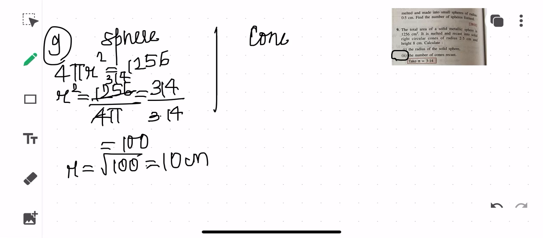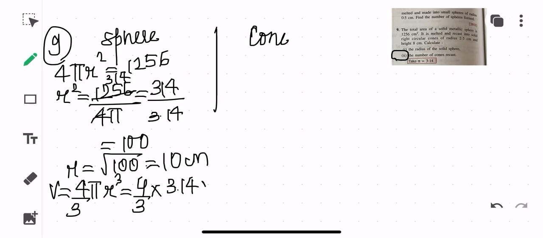Okay, so if at all, children, in the question it is already given that you have to take the value of pi as 3.14, take it like that only, so that you don't get wrong answer. Okay, so radius I have calculated, and then it is being recasted. So for recasting you need to calculate what, children? You need to calculate volume. So volume here will be equal to 4 upon 3 pi r cube. So this in turn will be equal to 4 upon 3 into 3.14. Again, if you want, you can use 3.14 into 10 into 10 into 10.